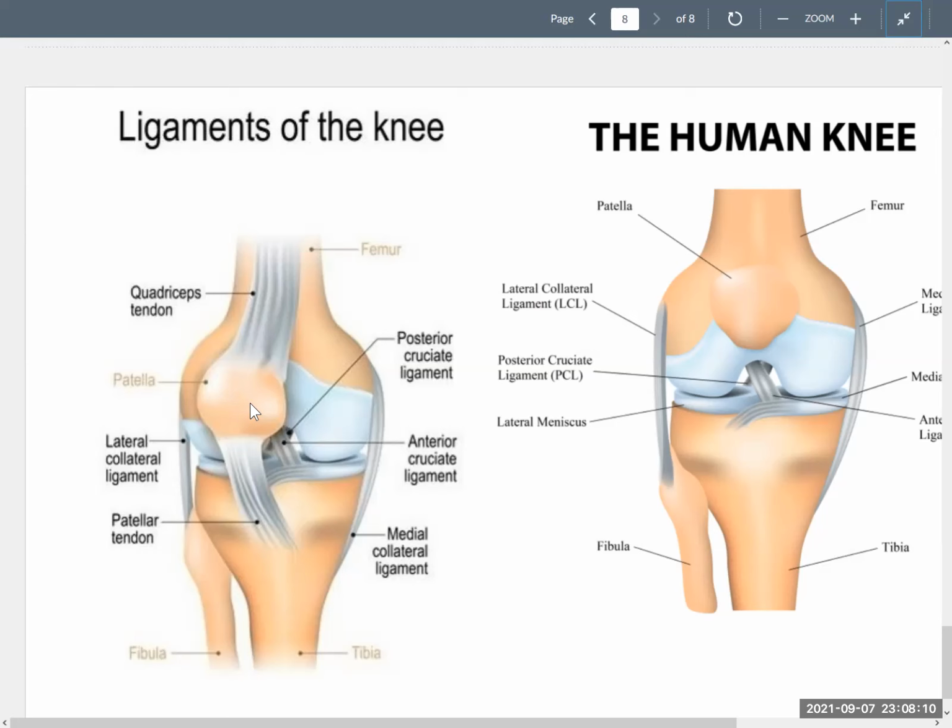Okay, here's the patella. Okay, we know that. The patella is held in place by